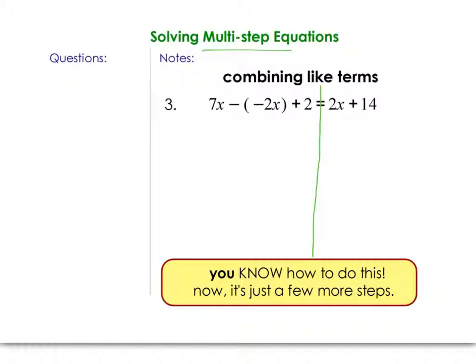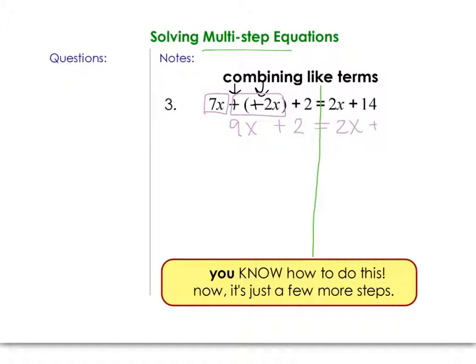If I have this minus, what can I change that to? Didn't we say I can make those pluses? Well, if I have 7x plus 2x, I get 9x plus 2 equals